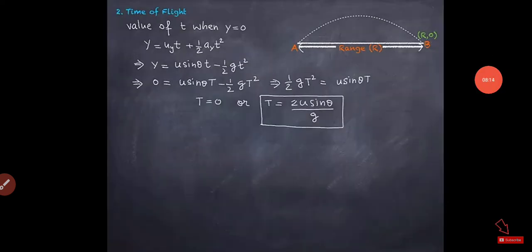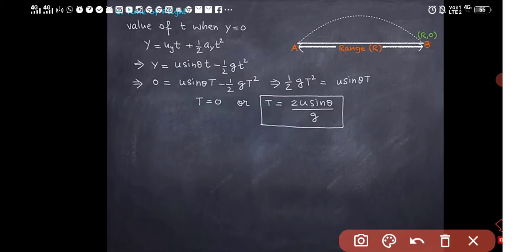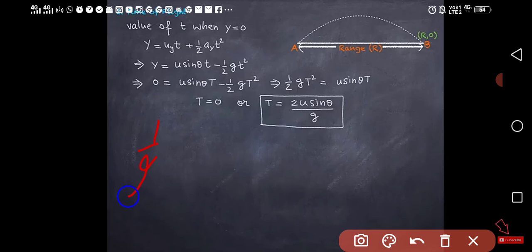this is the quadratic equation and you have to solve it. Whenever you solve, you will get that t is equal to 2u sin theta upon g. Not that much stuff, it is simple. It was half g t square is equal to u sin theta t. If in a simple way you solve it, then t and t will cancel out with each other. So t would be equal to, 2 will go up, so it is 2u sin theta, and g will come down, so 2u sin theta upon g. So dear students, this is the expression for time of flight, very important.